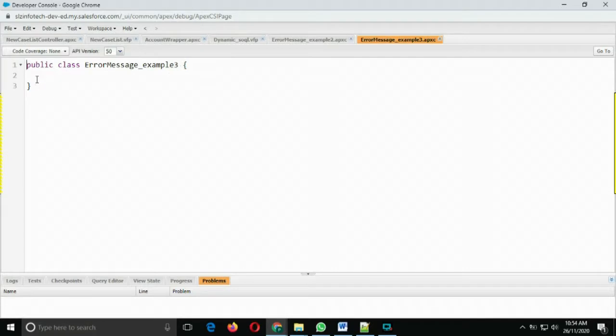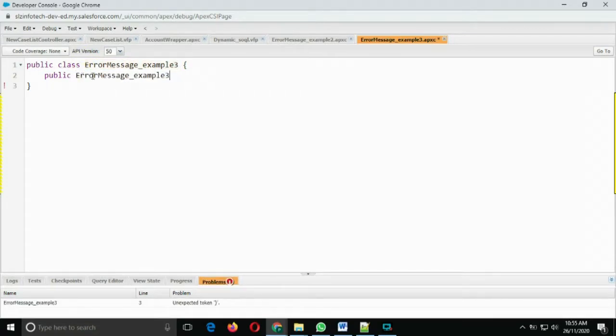Now public, and we are going to use the default constructor without parameters. Public constructor.